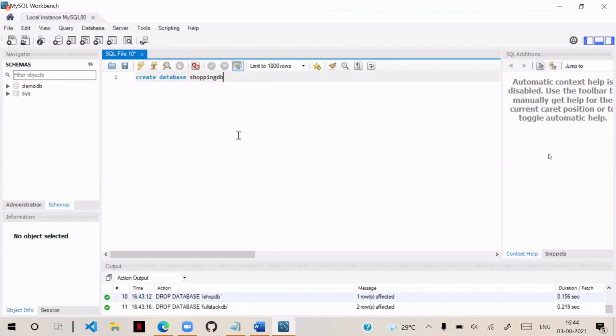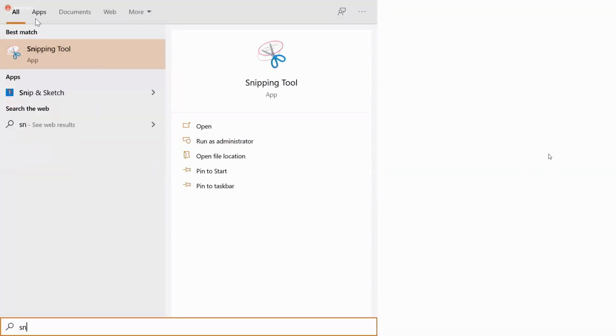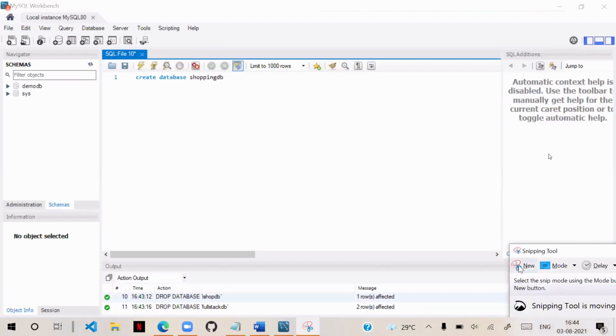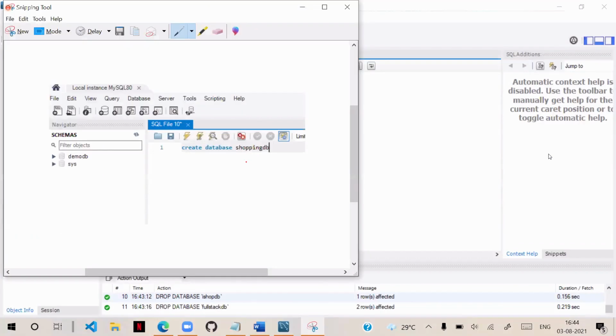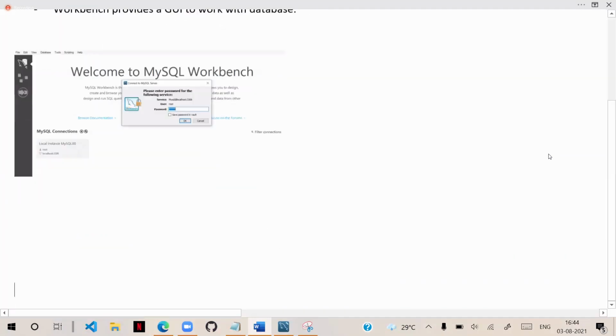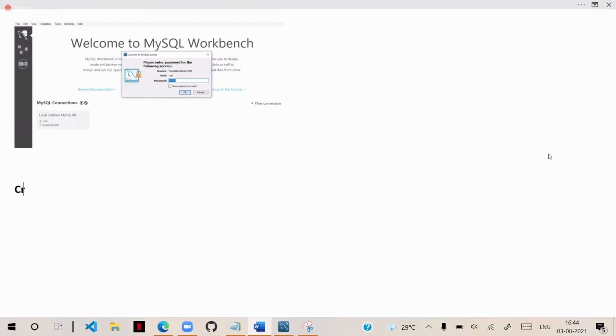I will give you this screenshot also, showing how we can create and configure the database. After you log in, to create a new database, first open a query window.